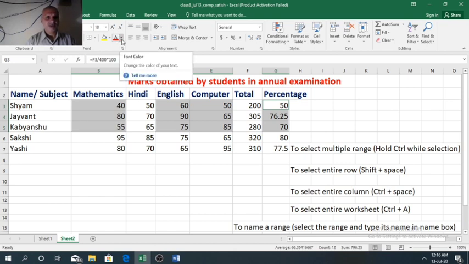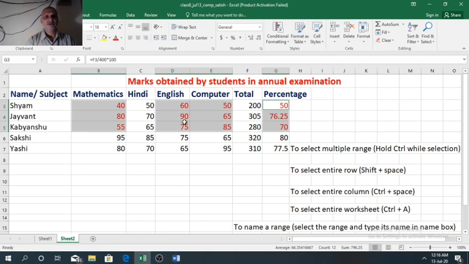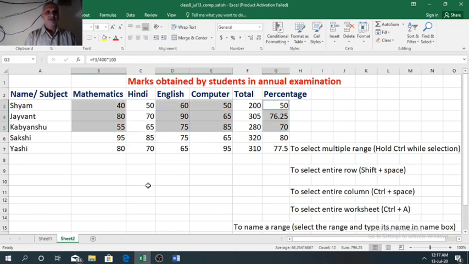Suppose I want to change the font color. We can just select different options, like here, whatever selection was done, font color is changed to red.